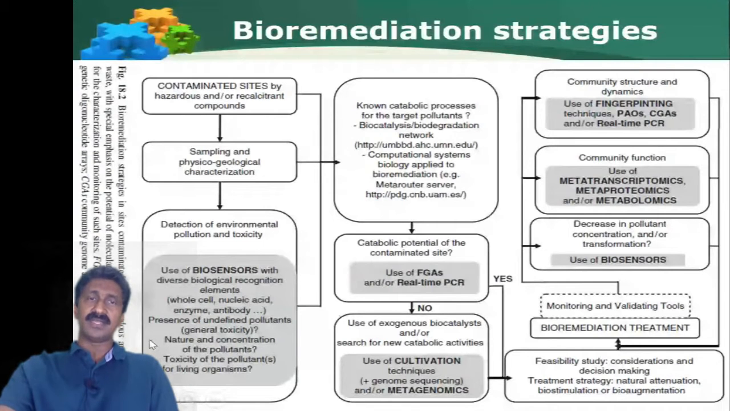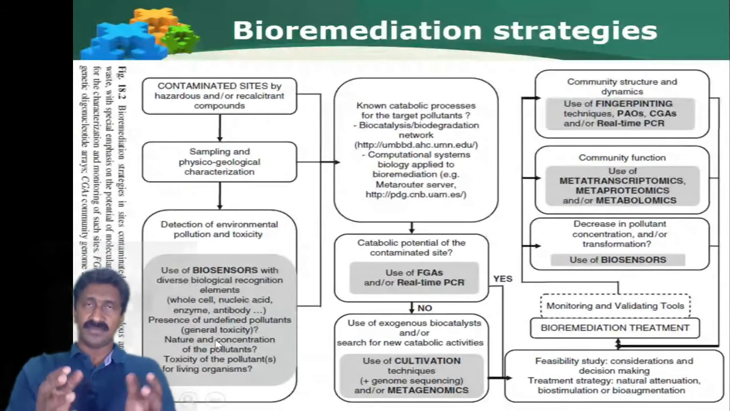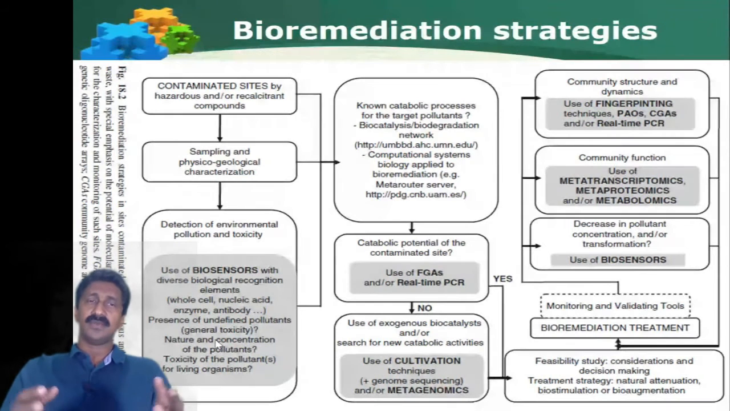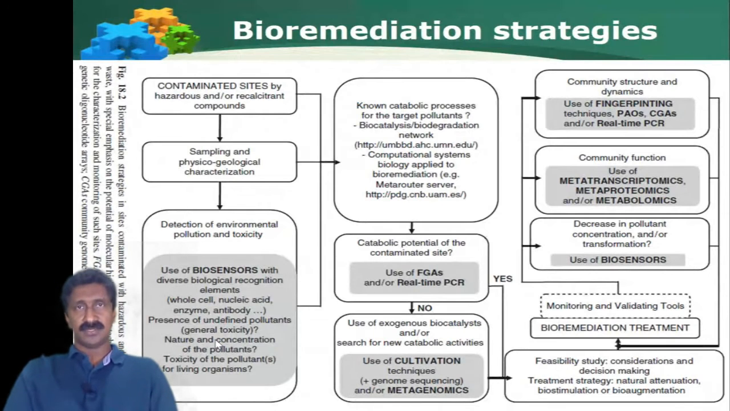Here, the presence of undefined pollutants, if any, then what will you do? If it is a specific pollutant that is already known to you, you can use any of the strategies based on biosensors. But if it is an unknown pollutant, and you don't have any previous knowledge of it, then such already existing biosensor-based methods may not be useful. So what you can do is try to detect the general toxicity of the site. For example, the carcinogenic nature,